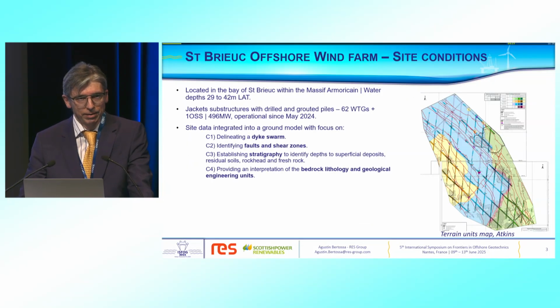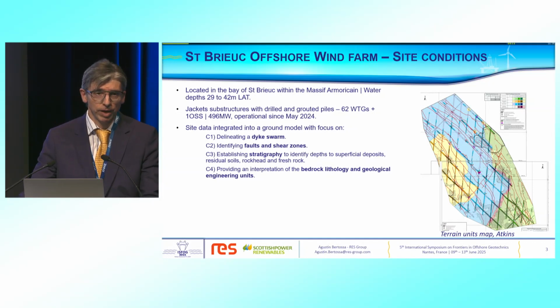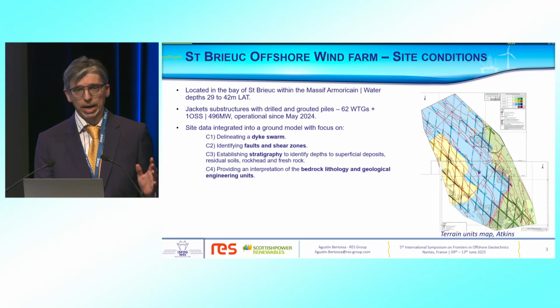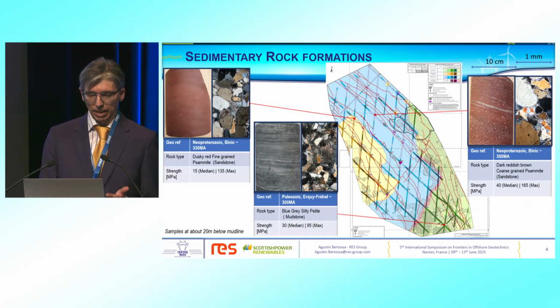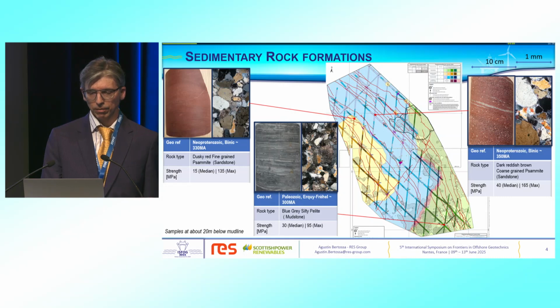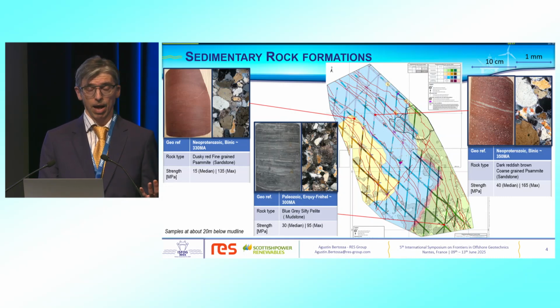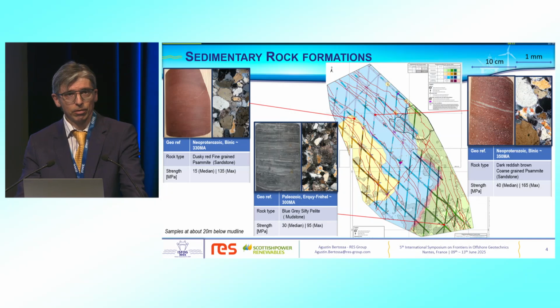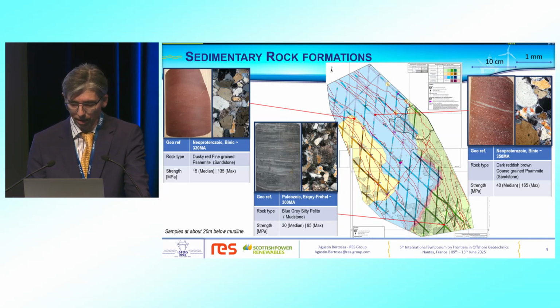Sambriog is a rocky site, and it has a dike swarm, it has a faulted area, some areas subject to shear, and also the stratigraphy is subject to varying degrees of weathering and jointing in the rock. To give you an example, these are the sedimentary rocks that you find in Sambriog. These were the preferred rock types for placing the foundations. These are in greater number to find samples and tests, but also are to some extent more predictable in representing